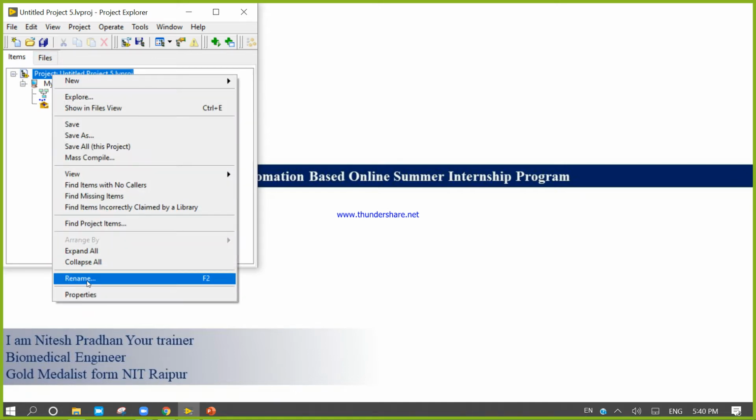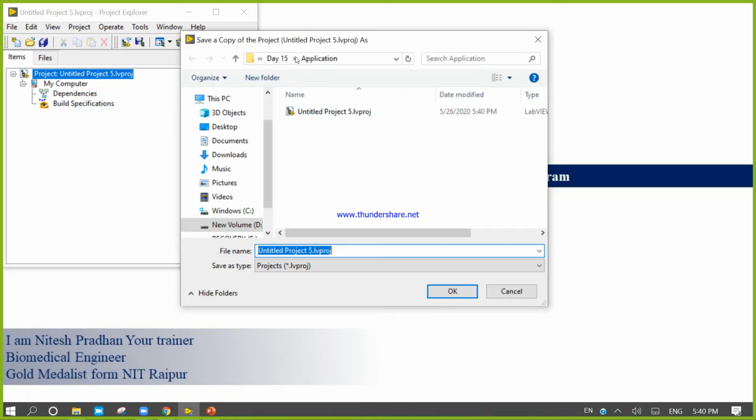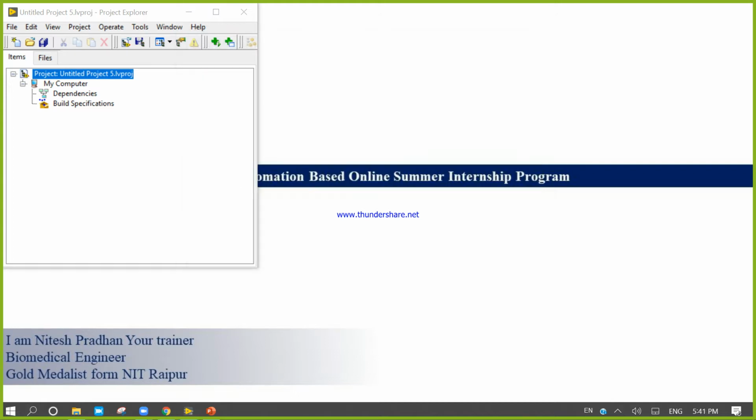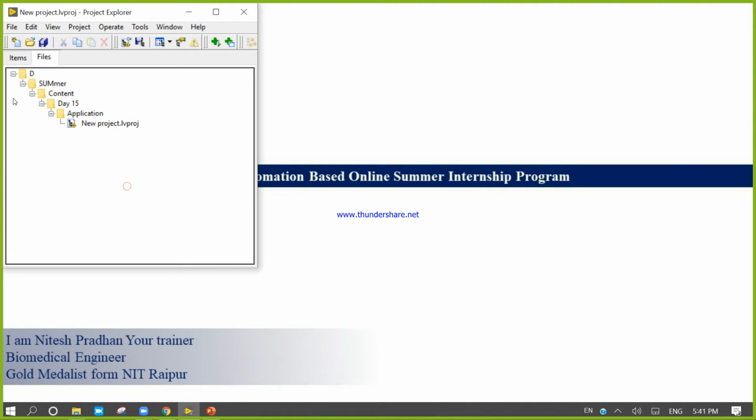Inside that application folder I am going to save this project, and the name of this project is new project. Now if you click on the file, you will get D, Summer Content, Day 15, Application, new project.lvproj.